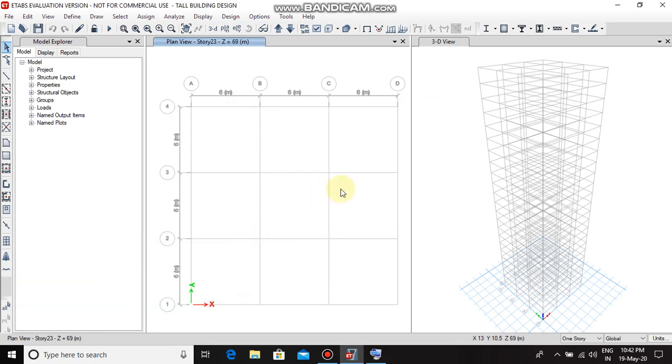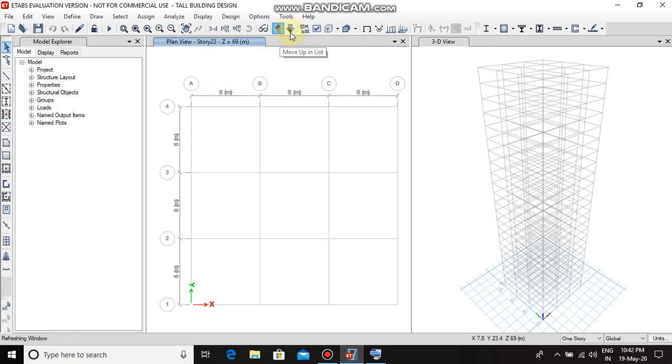Now, let's draw the columns, beams and slab. First of all, we have to go to Story 1.